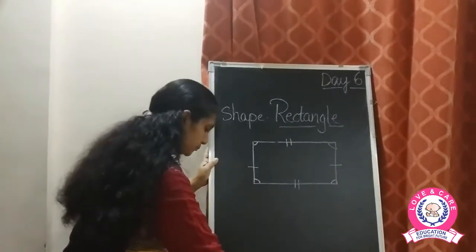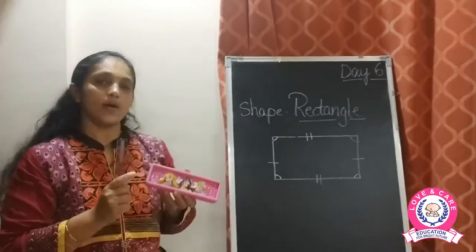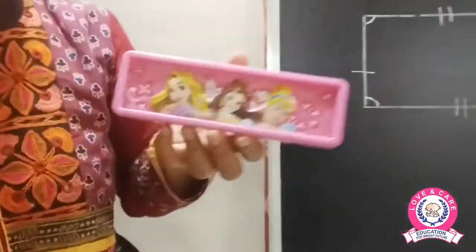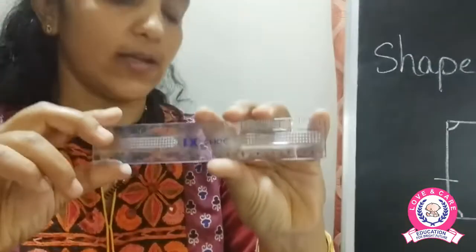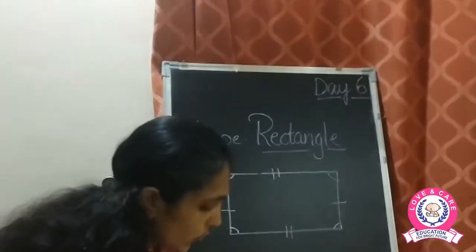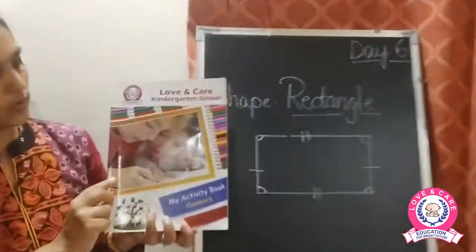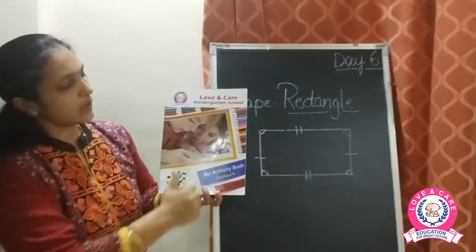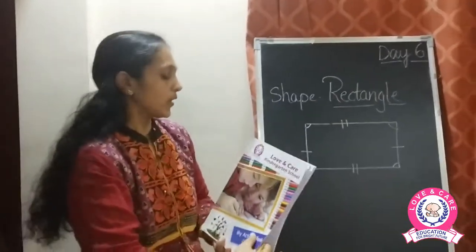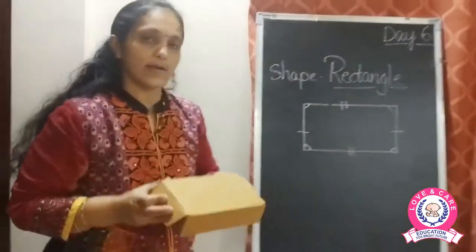So now I'm just going to show you few examples. As you have your compass box. आपका compass box होता है वो rectangle shape में होता है. Now you use the scale, that is also rectangle in shape. Eraser भी होती है वो rectangle shape की होती है. Now the book, ये जो book है वो भी rectangle है क्योंकि इसकी जो ये 2 sides है वो लंबी है जबकि these 2 sides are shorter और ये दोनों ऐसे same होती है sides. So the book is also rectangle. फिर यहाँ पे I have a box that is also rectangle in shape.